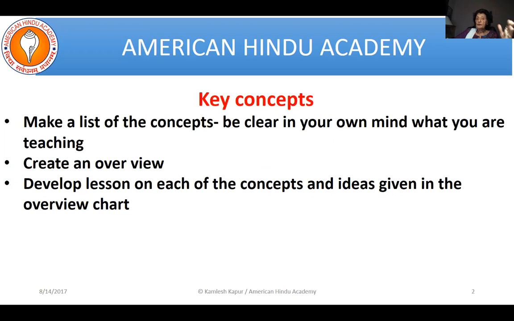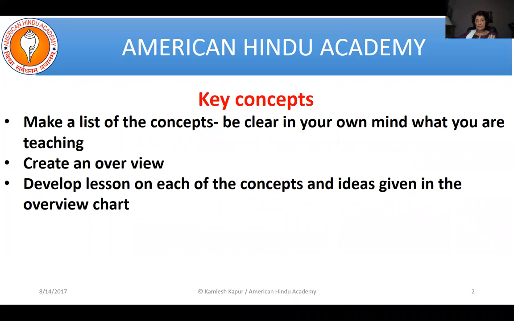You have to be very clear in your mind about all the questions that the student can ask. Then create an overview first, that this is what Hindu Dharma is, and then develop a lesson on